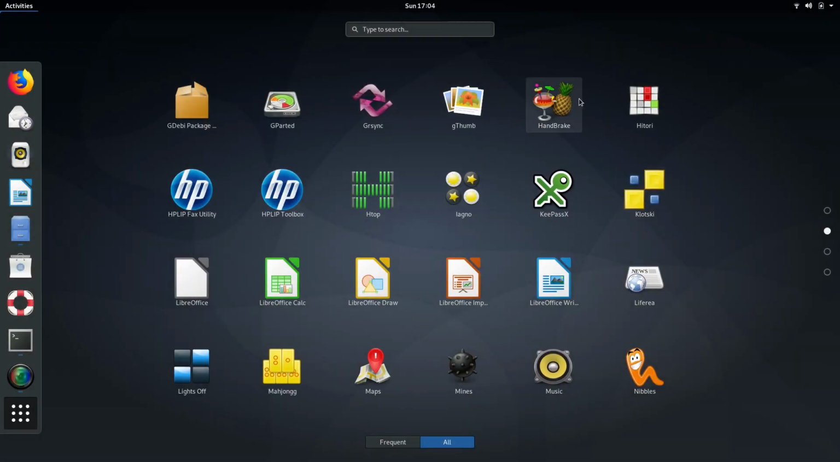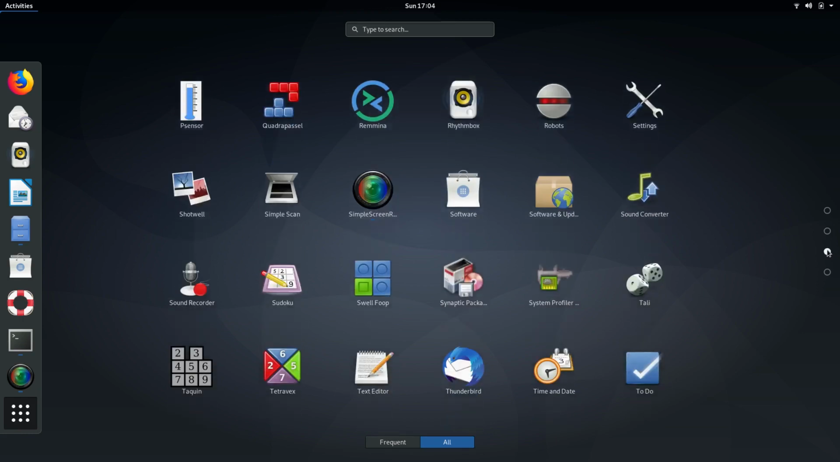Gthumb, Handbrake, Gparted, LibreOffice. Not sure if LibreOffice was there before or not, to be honest. No, it must have been already there, sorry. Pretty sure LibreOffice was already there. Robots, I'm not quite sure what that's about. Shotwell, System Profiler,